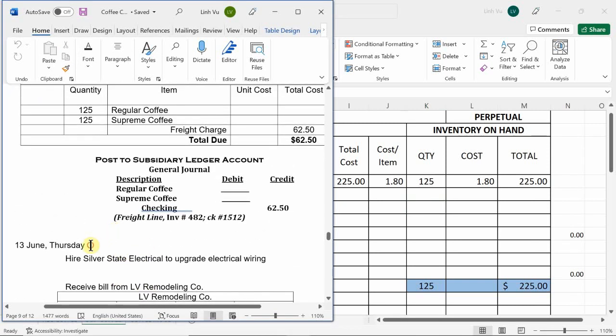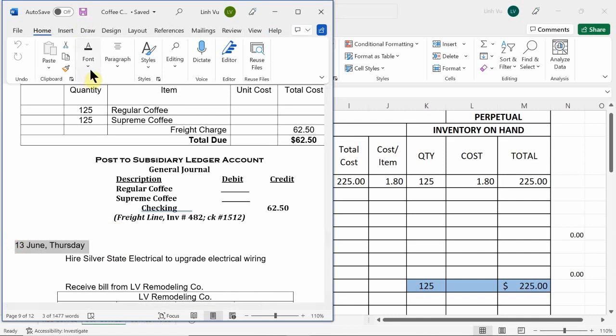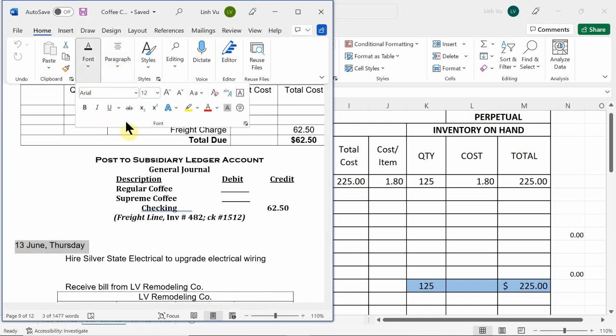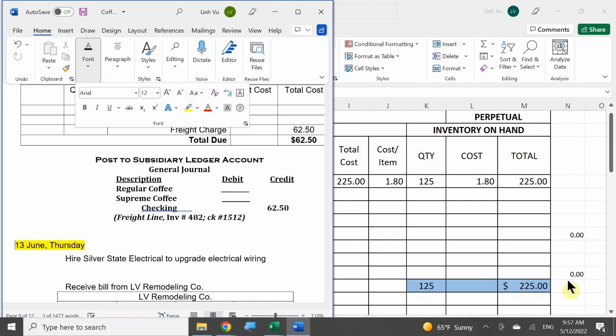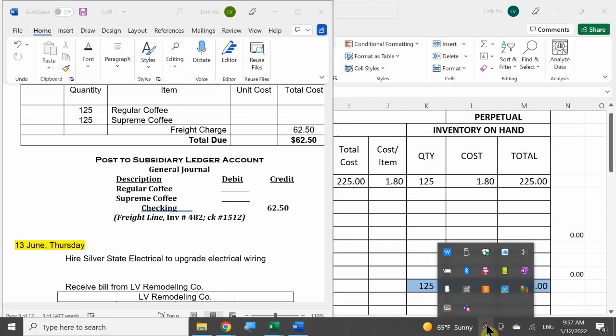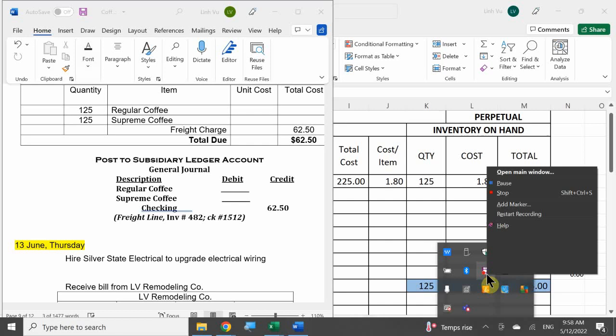So what I'm going to do here is we're going to stop here. That means when we continue on after the break, we're going to be starting a brand new day. All right, so right now,